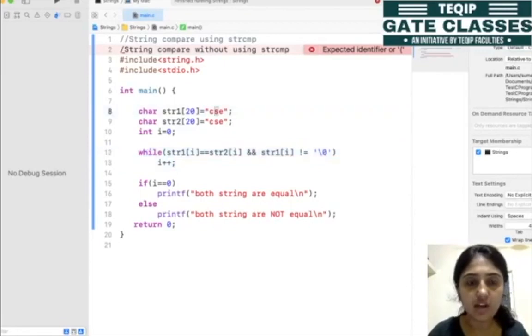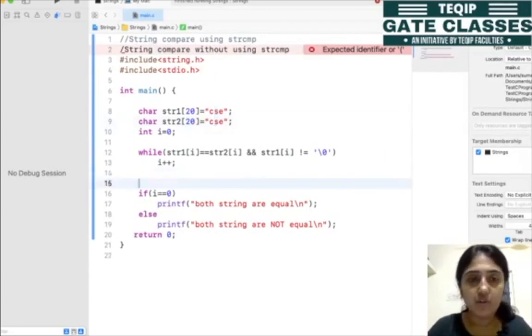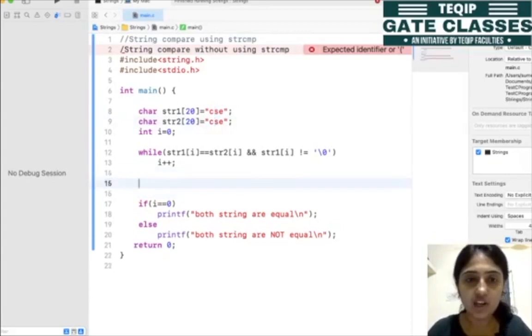So again control comes here, it will check the string 1. So what is the value of string 1? This is S, and string 2 की 1 की value क्या है, S. So this will continue, right? Okay. Now what we want to check, so there may be the chance, जैसे कि यहाँ पे I am just